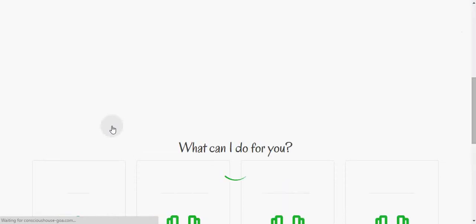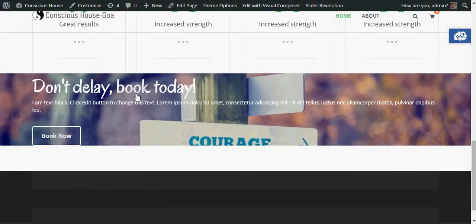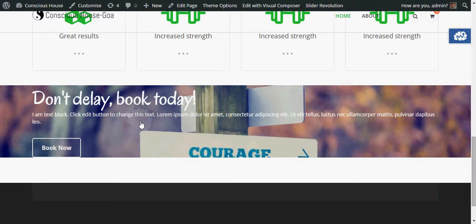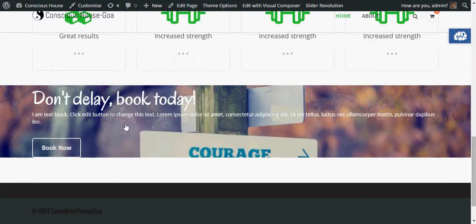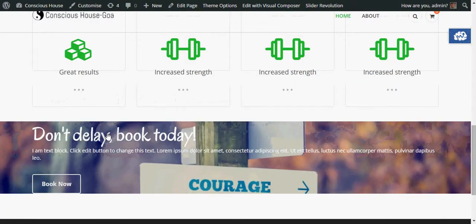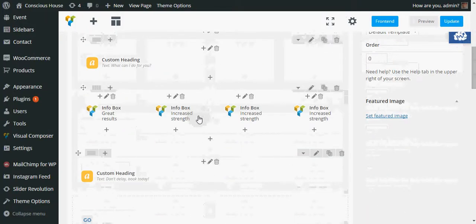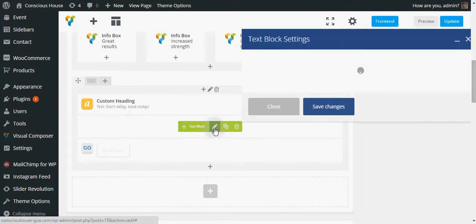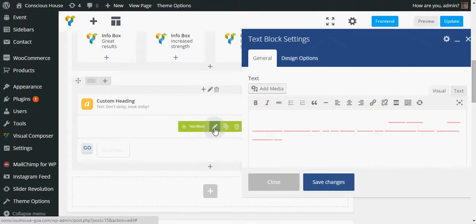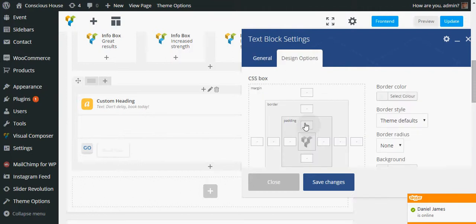okay, so I'll scroll down, and there you can see we've got a parallax piece of text. Now we could probably do with making this a bit larger. The way we can do that is just to put a bit more text in there. So if I was to, well, I could literally go into this text here, edit it, design options. Well, actually, let's just see what it is. If I click there,